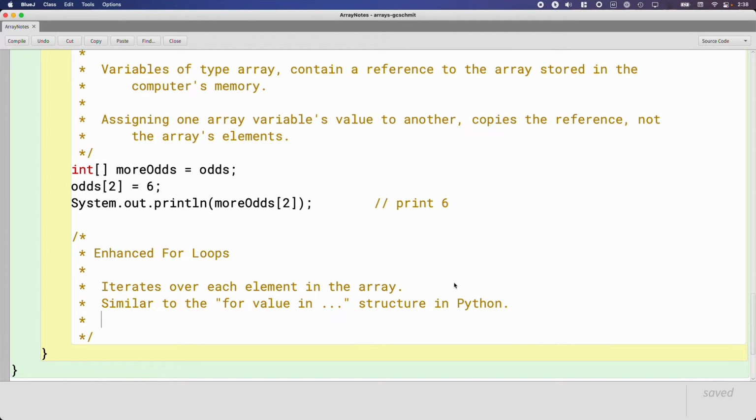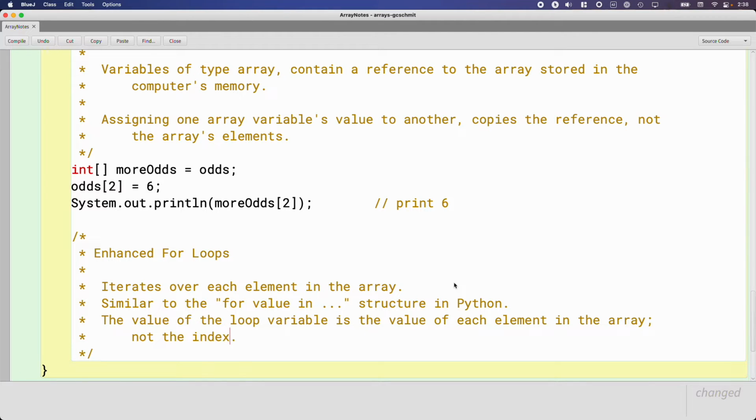And like that Python structure, something I just want to be super clear about is the value of the loop variable is the value of each element in the array,